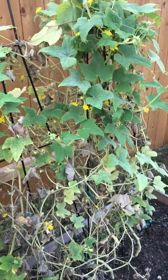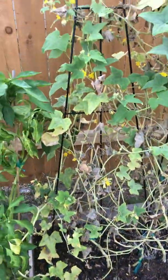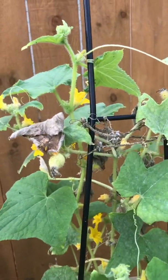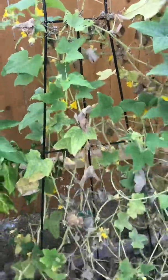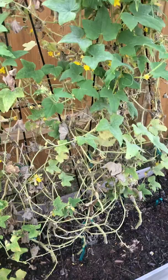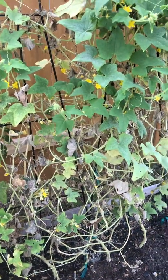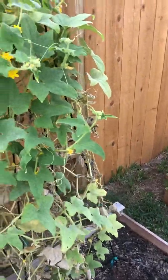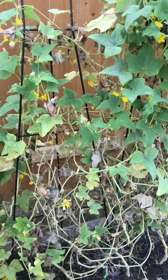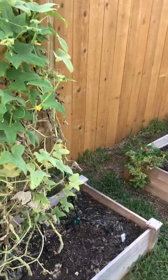My cucumber plant, on the other hand, is looking worse for wear now. So I'm going to be ripping this out probably later today, and just be done with it. It does have a couple pollinated cucumbers on it, but they're not going to get very big. It's too sick to really make a good crop, and I don't have enough time. These take about 80 days from seed to start harvest. Our first frost date is like December 2nd, and today it's October 7th, so I don't have 80 days,